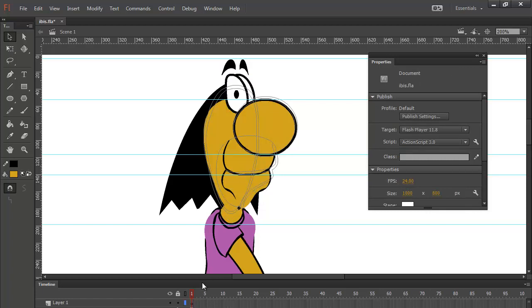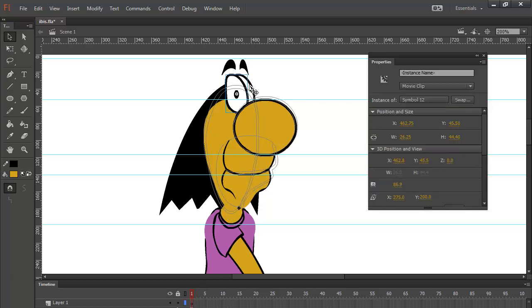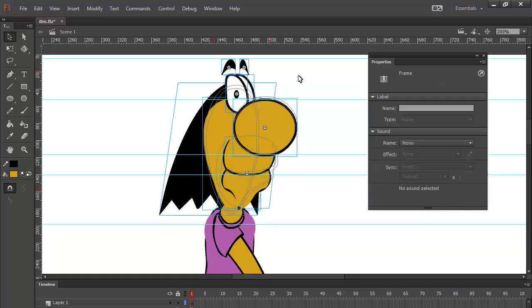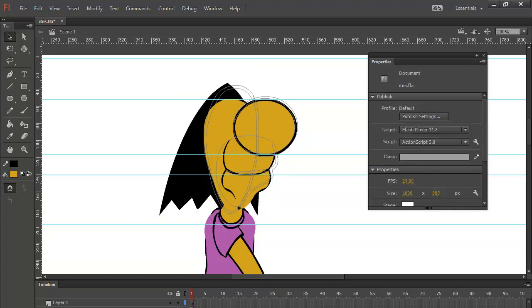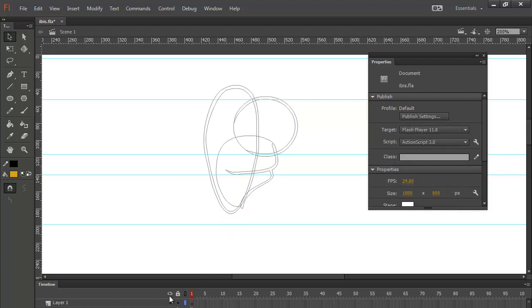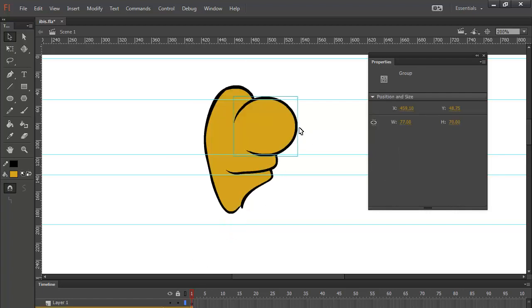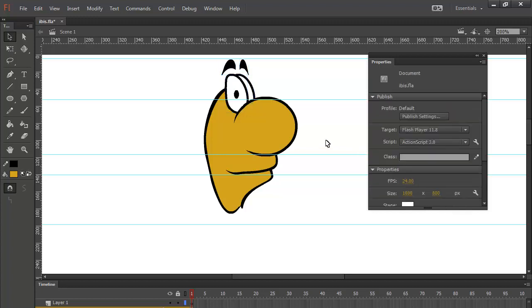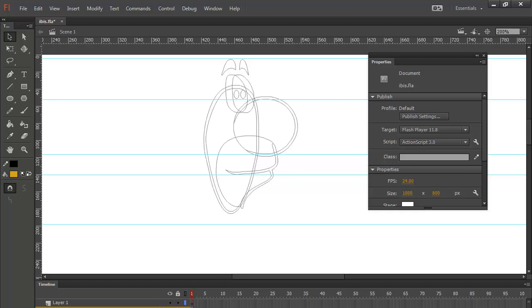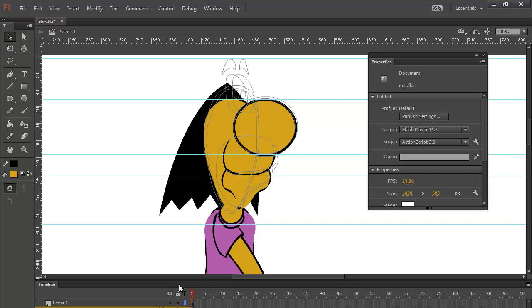Alright, let's see. Did I place it in the right spot? I may not have placed them in the right spot. Let's make sure they are in the right layer. Control X. Let's hide that. Let's select that, paste in place, and there we go. So now let's lock this again, turn it into an outline. Let's look at our bottom, and